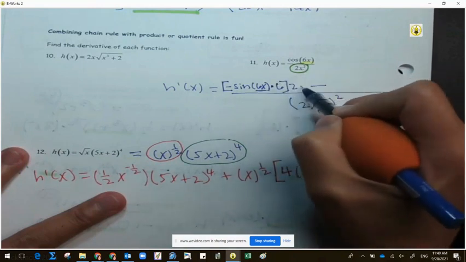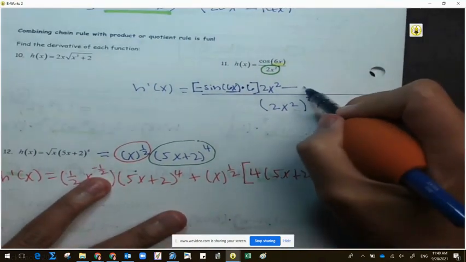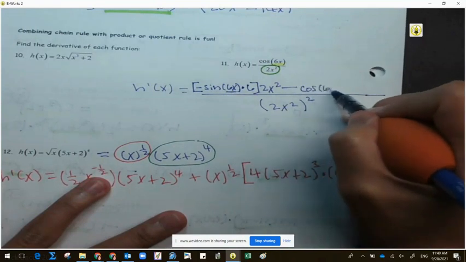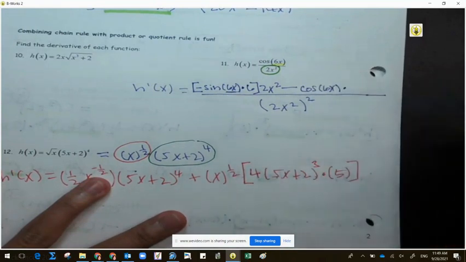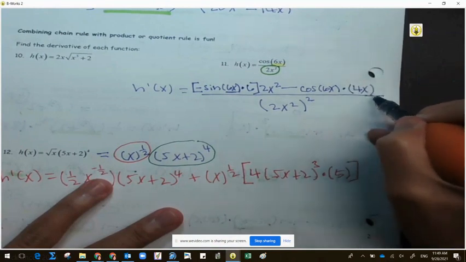We keep the bottom. Oh, I had enough room. And on the next piece, we keep the original. And we simply derive the bottom. The derivative of 2x squared is how many? 4. And